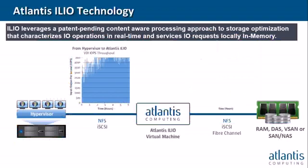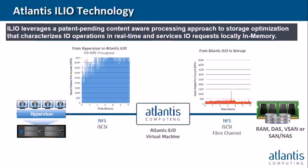So I wanted to focus a little bit on what it means to have all those optimization technologies. What it means is you have Atlantis ILIO logically between the VMs that are running on the hypervisor and whatever the underlying storage is, which could be vSAN or SAN or NAS. If you have a certain amount of IOPS coming in, in this VDI example, that is a large amount at the hypervisor level, we're going to reduce that as it passes through the Atlantis